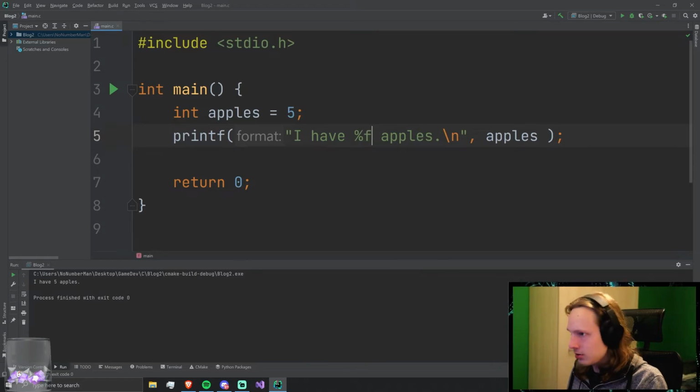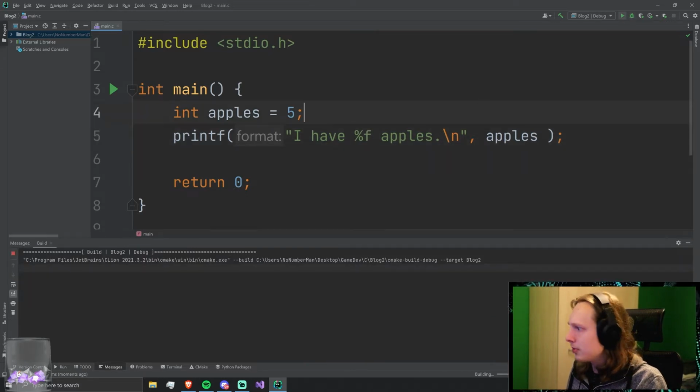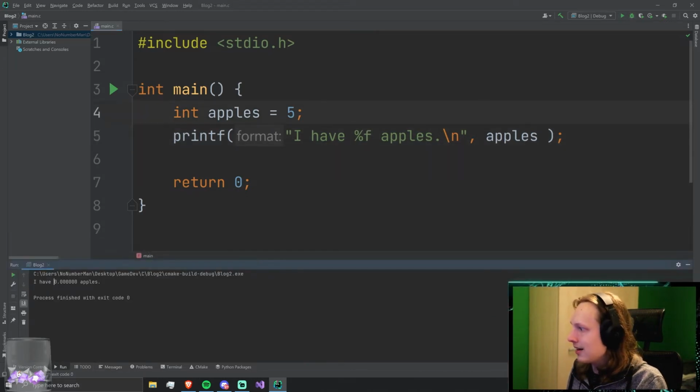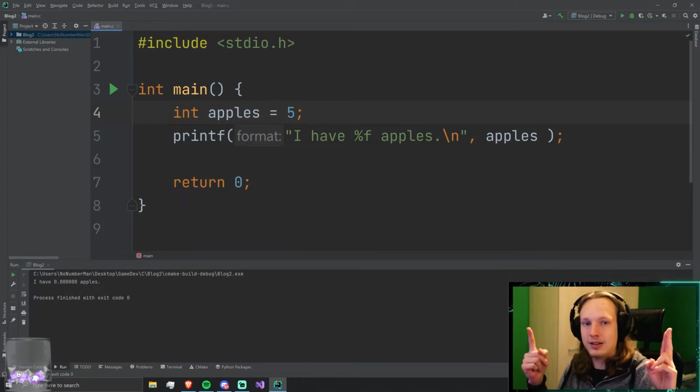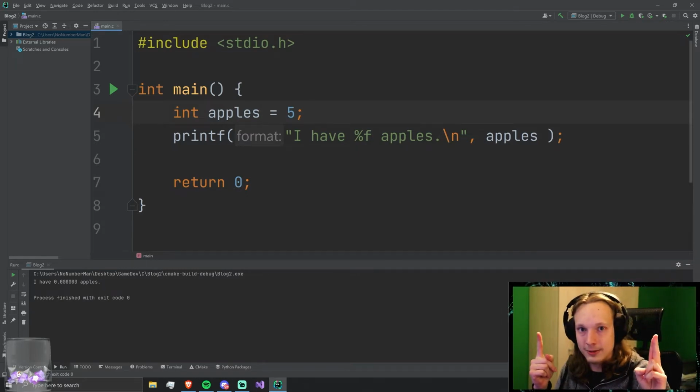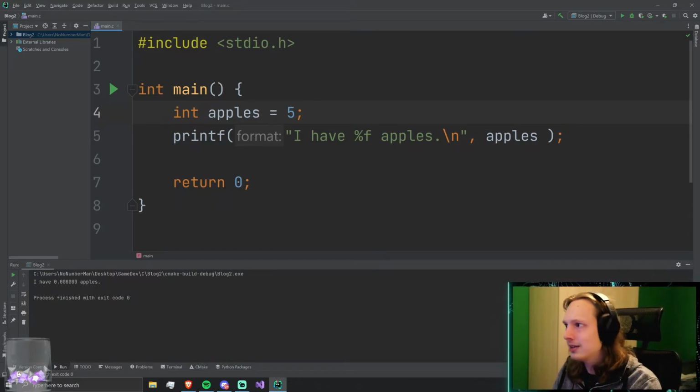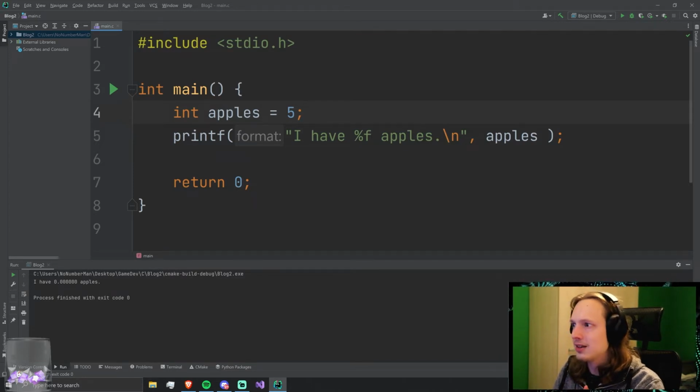We can also do a %f, which will read in a floating point value. And when we do that, I have 0.0000 apples. Why? Well, this integer is 5. So we have a line of memory, 4 bytes, 32 bits, where we just have 5. So a couple of 1s all the way at the beginning, and the rest is all 0. That represents a 5 in an integer format. If we now read this integer as a float, we get some issues.